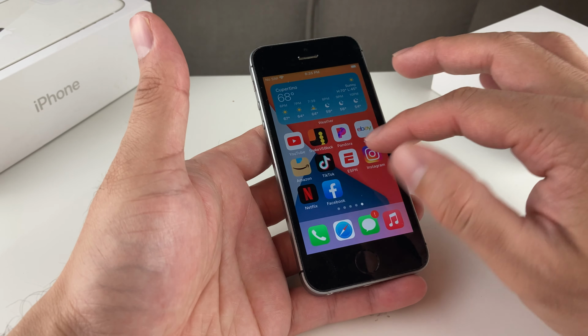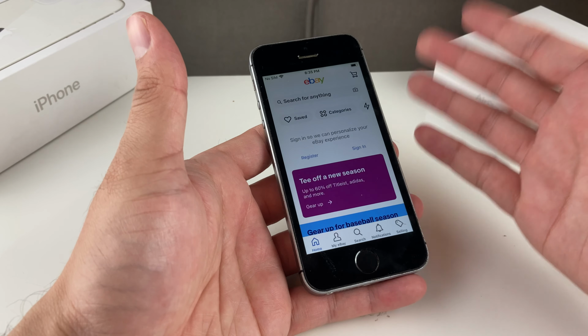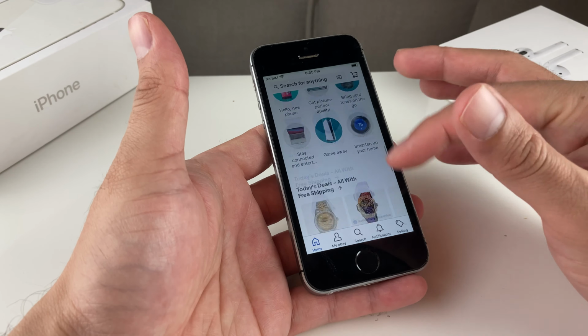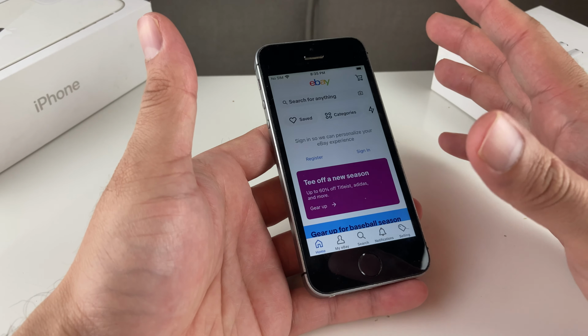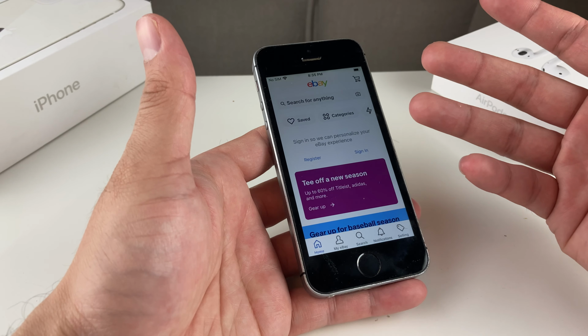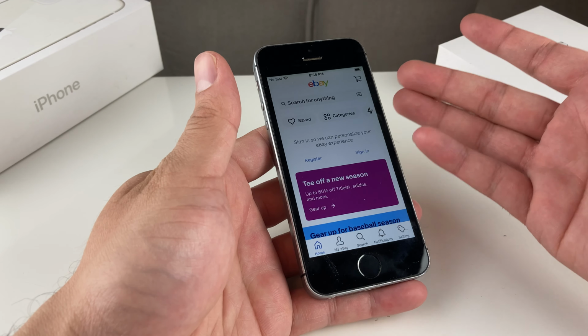here so far. Performance has been pretty much the same as it has been on the previous version of the iOS. And if you guys are looking for a phone that's really cheap, because you're able to get this phone under $100, and a smaller phone that's updated, that's probably going to last you another year or so with the